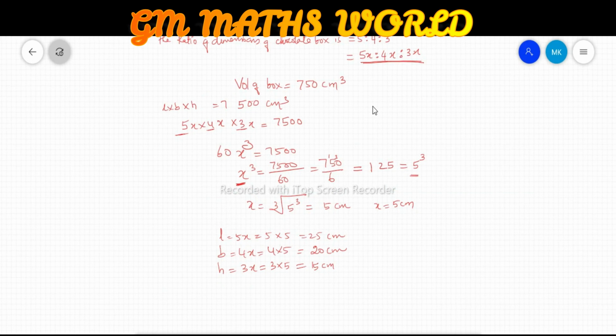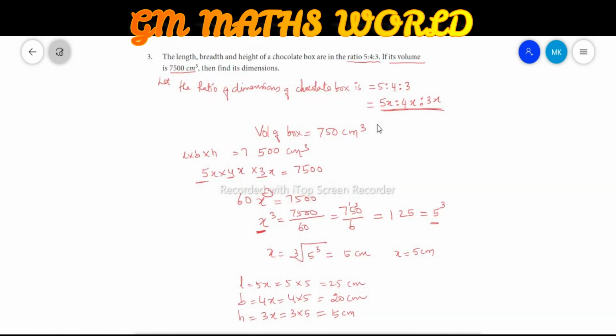So you can just note down this. You can see this problem on the screen, that complete problem, and you can note it down in your classwork, or you can take a screenshot and write after the class. So I think you have completed this. Let us move to the next problem.